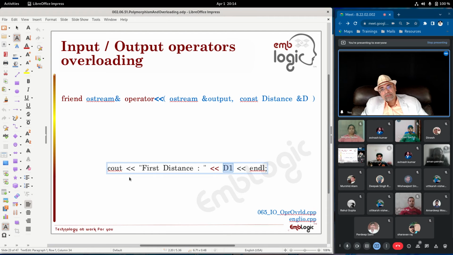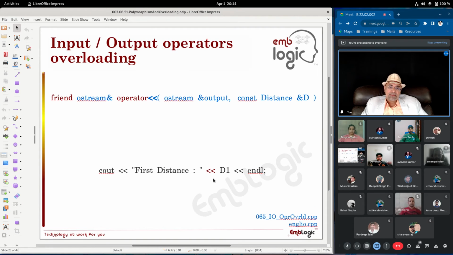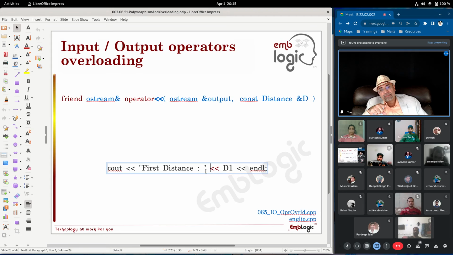There are two insertion operators used here. One is this and one is this. The overloaded function is invoked for this one because look at the left hand side and the right hand side of this. No user-defined object is involved. This is the object of the ostream class for which the function is already defined, and on the right hand side also there is a string. But look at this. On the right hand side of this there is a user defined object. Therefore it is for this insertion operator that the overloaded function would be invoked. You got that?